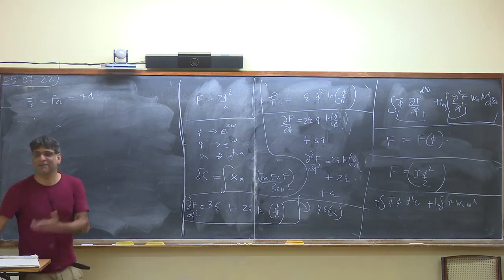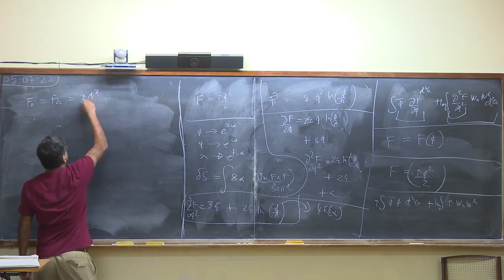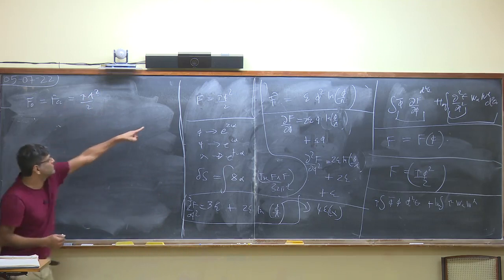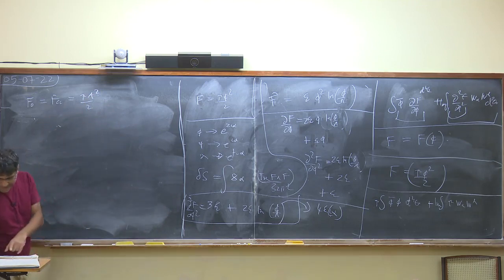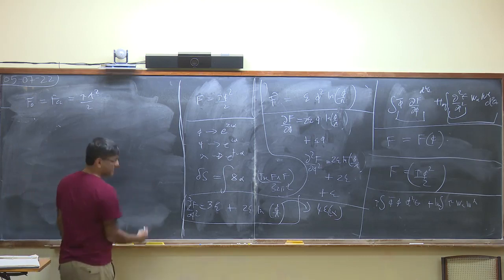So let me write it as a function of the scalar part. I'm just using their notation so that you can compare with that paper. This was the classical part, that's what we wrote here. And then the one loop part was